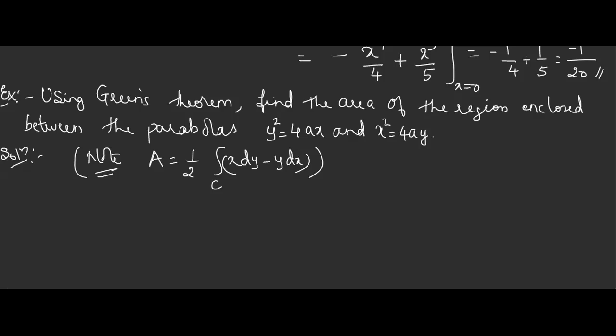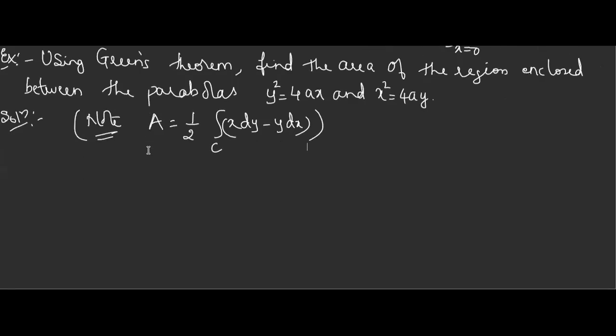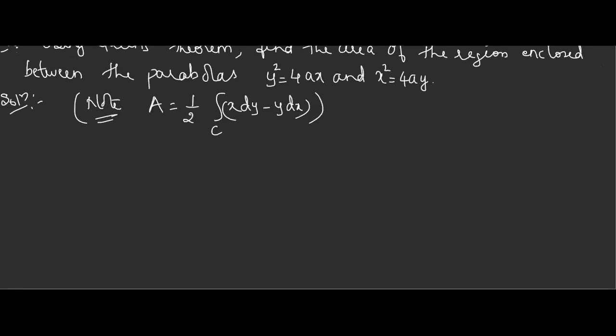And I have seen in one question paper, they have asked for y square is 4x and x square is 4y. Means they have not used a. Are you getting the change? They may ask along with a, if it is there, you solve according to this. If they have asked y square equal to 4x and x square equal to 4y, where I have got a, that has to be taken as 1. But don't consider a while taking. That's all. Okay, now let us draw the region.